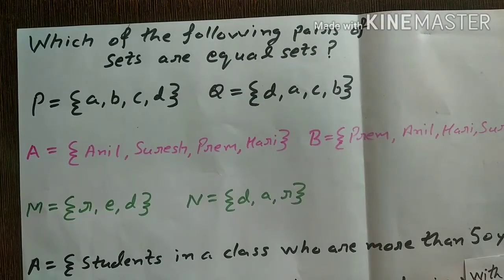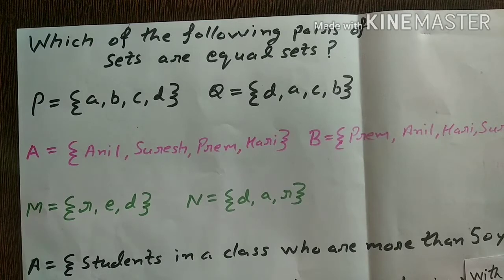Dear student, in this video we are going to learn the concept of equal sets. If two sets are equal, then their members are exactly the same. If they are exactly the same, their counting should be the same, which means their cardinal number and the physical appearance of the members of the sets should be the same. So our first question is, set P